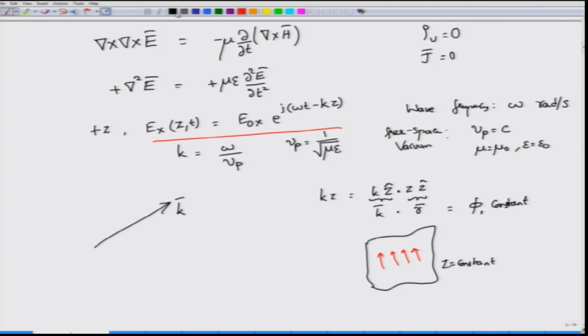The corresponding H field will be H along y, so that E cross H will point in the direction of the wave propagation or the energy propagation, and the amplitude of this magnetic field is actually reduced by a factor eta compared to the electric field. However, the frequency of this wave would be the same, and this wave also would be propagating along the z